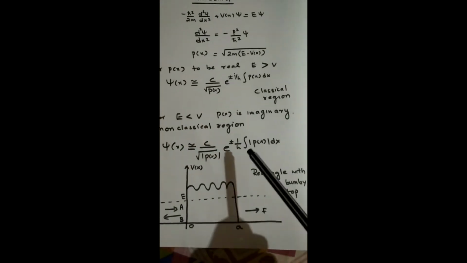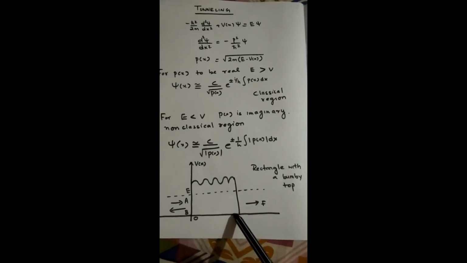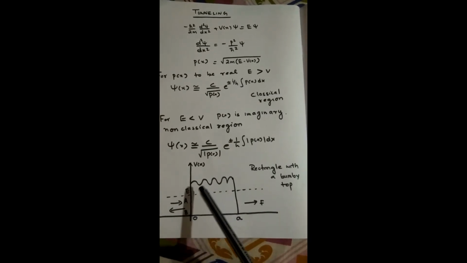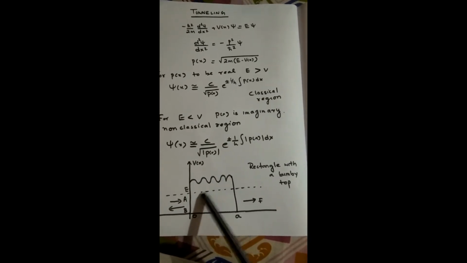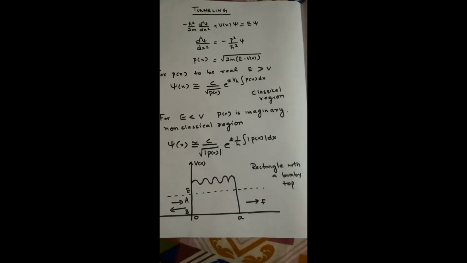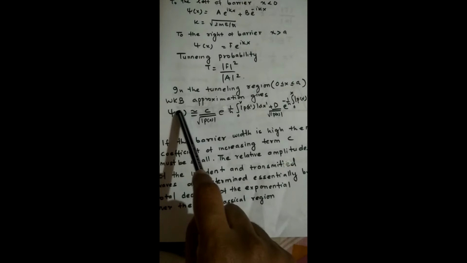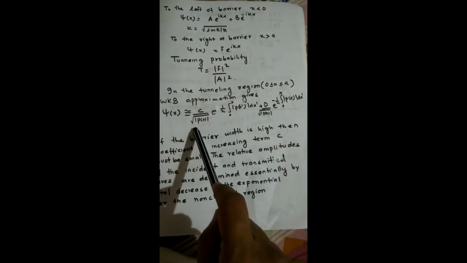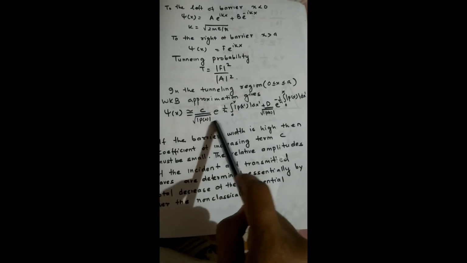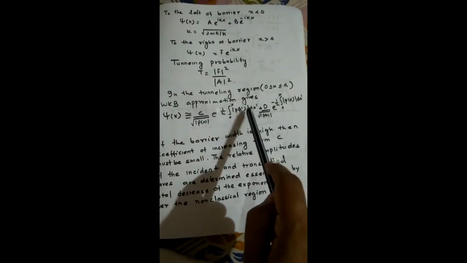But now here comes the situation for the WKB approximation. So in the tunneling region, 0 less than x less than a, let me go back to the figure. See, in the region 0 to a, this is a non-classical region. E is less than V. So here we will apply our WKB approximation. That is, we will be having a plus i by h bar term and a minus i by h bar term, which we have discussed in the beginning itself. So it will be root of modulus P(x) e raised to i by h bar integral from 0 to x modulus P(x') dx', and similarly with a negative term.